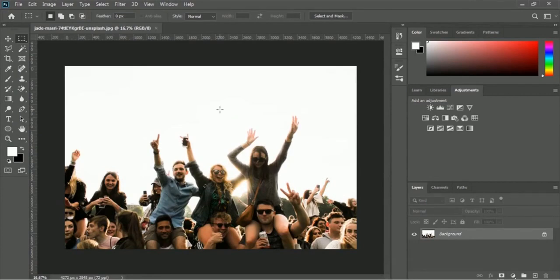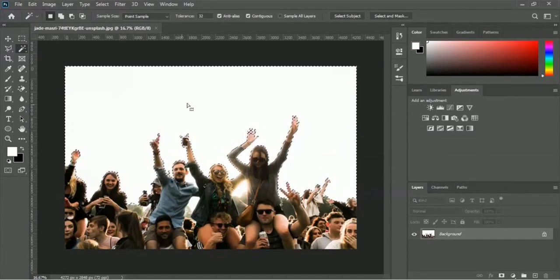The background of this image is totally empty, and we will add a sky in this background. So let's do that. At first we have to select the area where we want to add the background, and therefore we will use the magic wand tool. So here is the magic wand tool. You just have to click on here, and I want to select this entire white area, and therefore I am clicking on here. You can take a look, the entire white part got selected with the magic wand tool, but